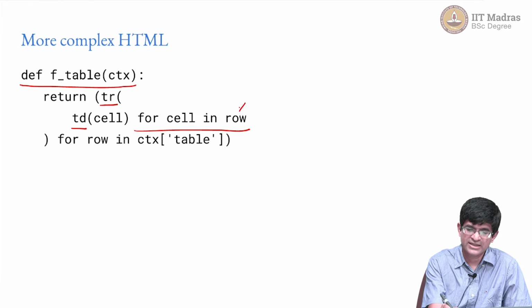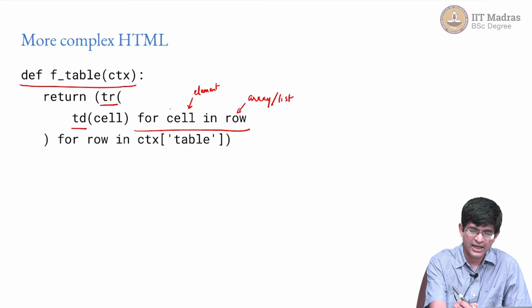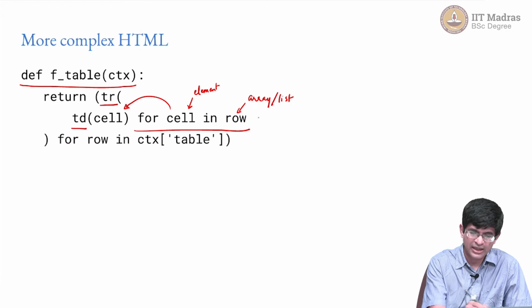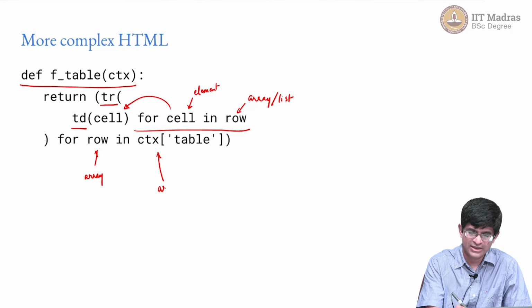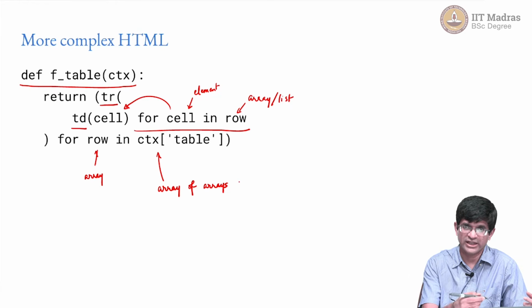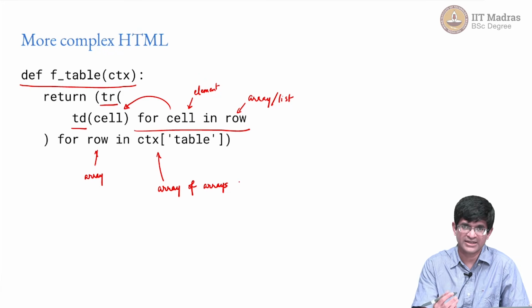So essentially row is an array or a list. This is an element, and that is then taken and placed within TD tags. And how do I get row? This is an array, but the CTX of table is now going to be an array of arrays, right. So as long as I have an array of arrays and each one of those elements comes out as a row, I can then pass that in and each of those elements of that row can then be encapsulated within TD tags, placed within this TR, and the whole thing then comes out as one nice displayed table, okay,